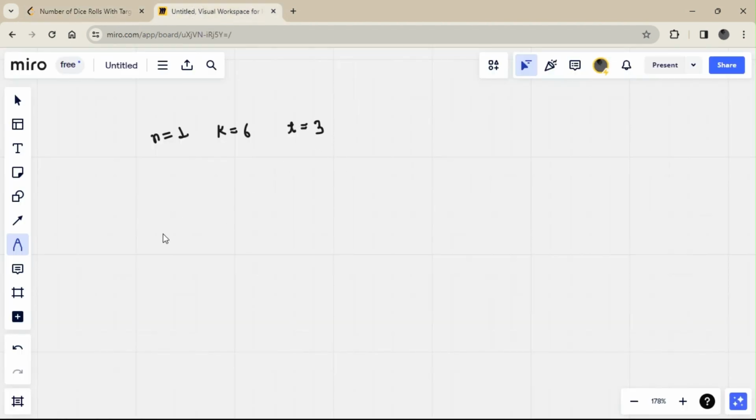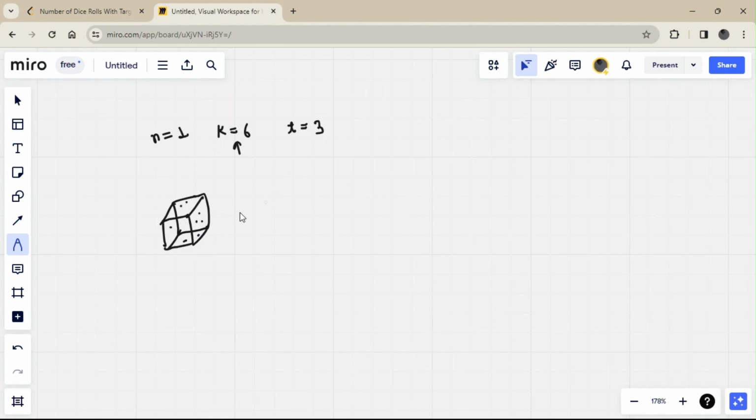So here given one die with six faces. Okay, so let's suppose we draw a die, but we can draw it in the 2D plane. So that means this is a die, and it has six faces, only one die, marked 1, 2, and 3 and so on on all the sides.